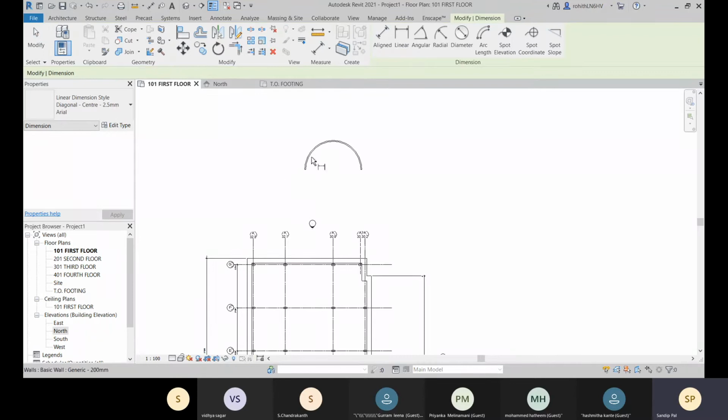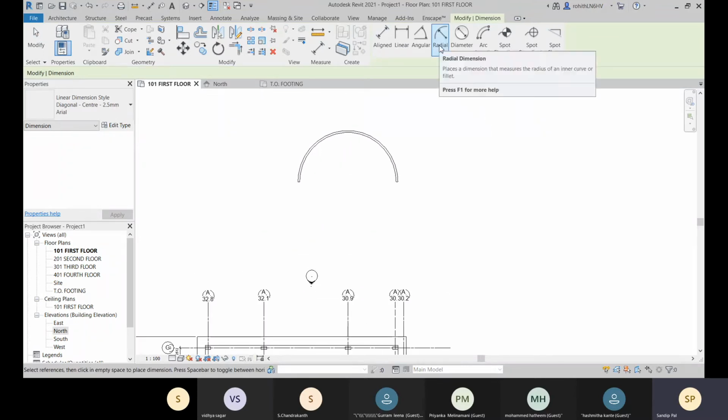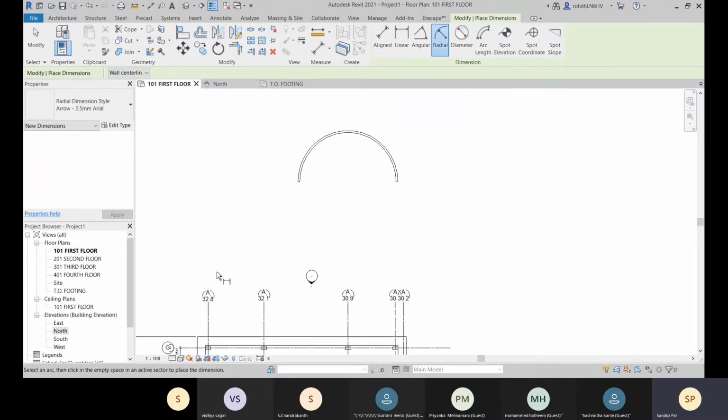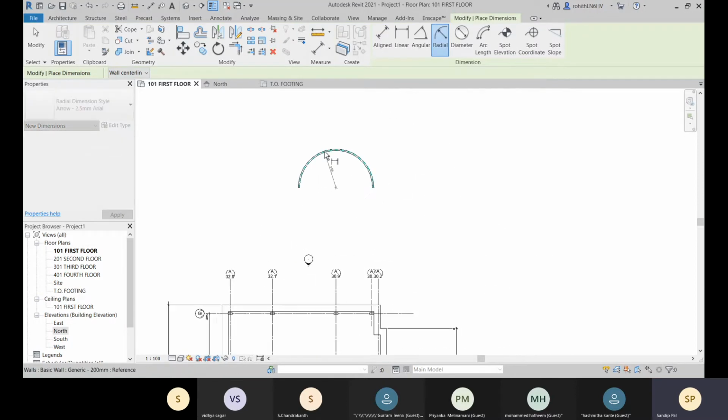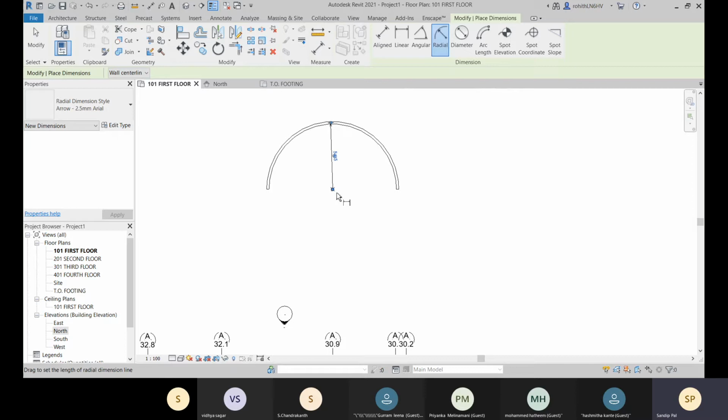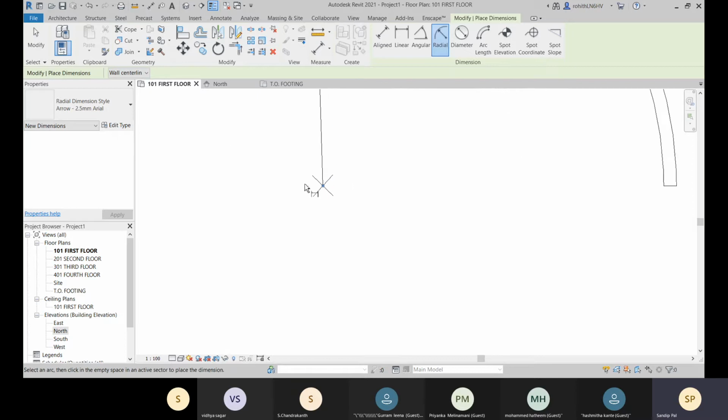So you'll be creating that similar very easily, and let's go for this radial, and I'll be matching that. So here you can see that it has this center line, right? This center line. Okay,